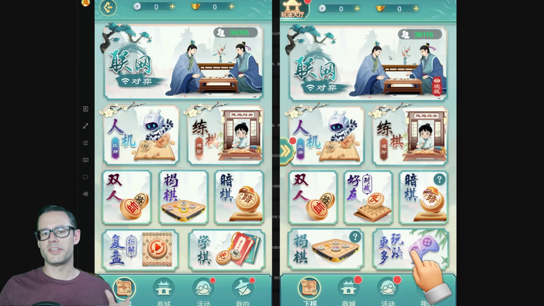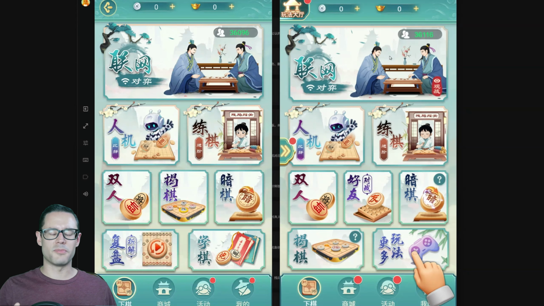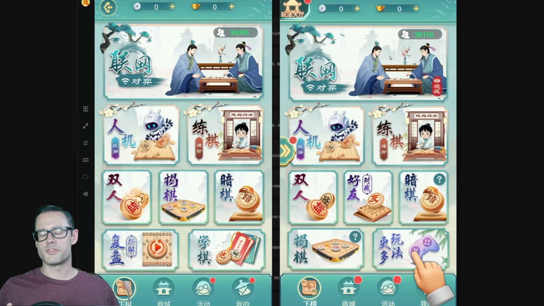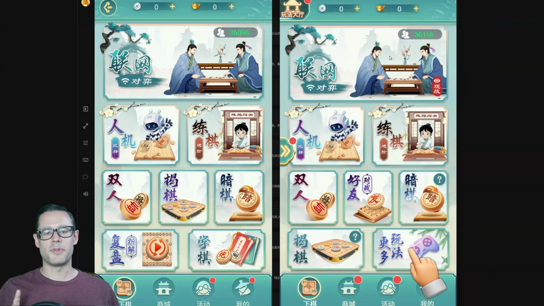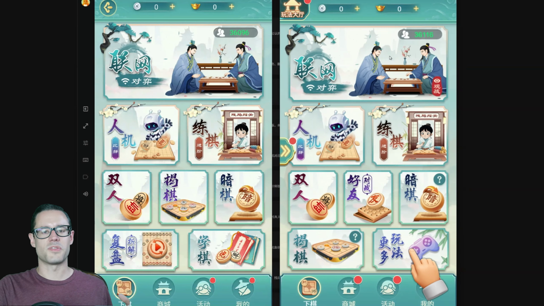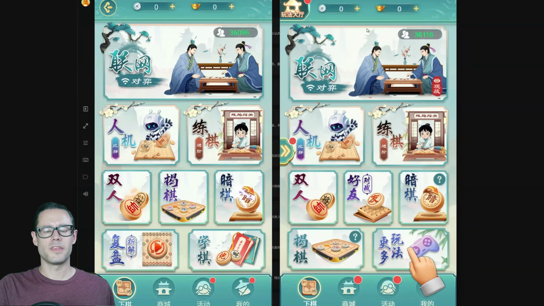WeChat. Now, I don't know why the other apps like, say, JJ Xiangqi, they're available on the Apple App Store, but when you try to go log in, you need the real name verification and all of that. I'm not exactly sure how they've coordinated it with this app. So the external world doesn't have any of those barriers. So anyway, if you're willing to navigate an app that's entirely in Chinese, this might be a good option for